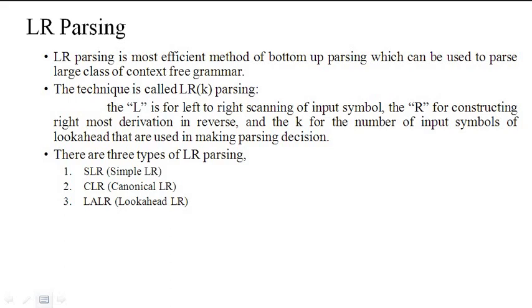According to these three parsing techniques, CLR is the most powerful. Second is LALR and third is SLR. Any LR parsers can be constructed to recognize virtually all programming language constructs for which context-free grammars can be written. The LR parsing method is the most general